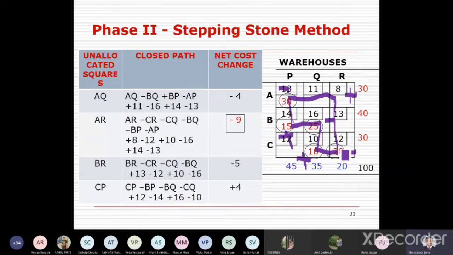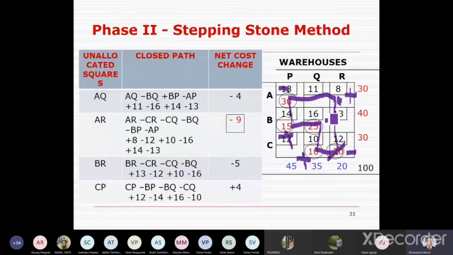That's why we are checking the minimum allocation, and completely eliminating that cell from allocation and adding it at another place. And like this, if I am shifting 20 from this CR to AR, this allocation becomes 0. These allocations are not there now, and one more allocation is added here, and like this the total allocation remains the same.